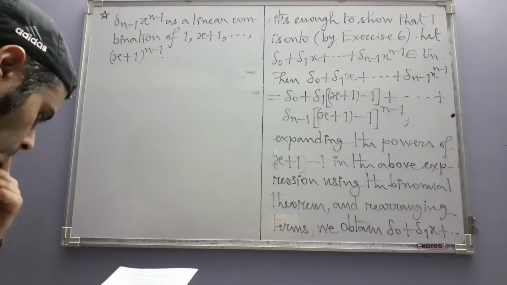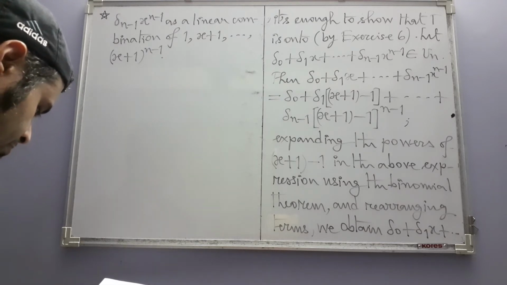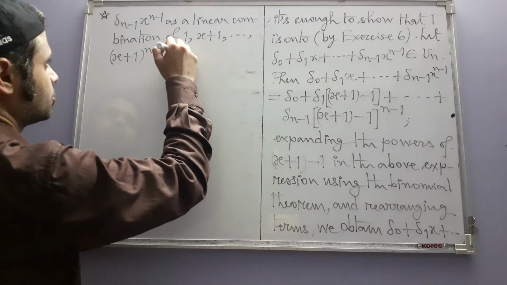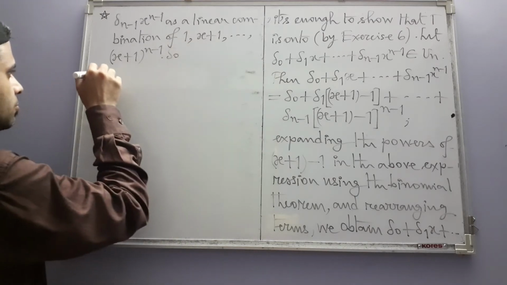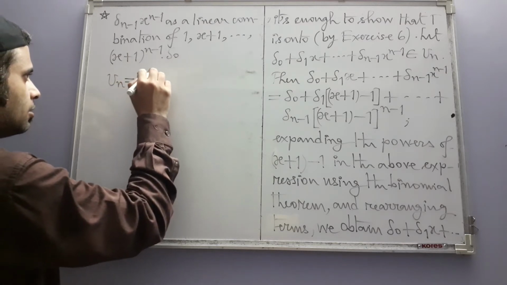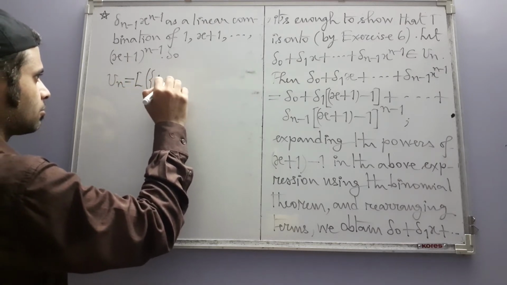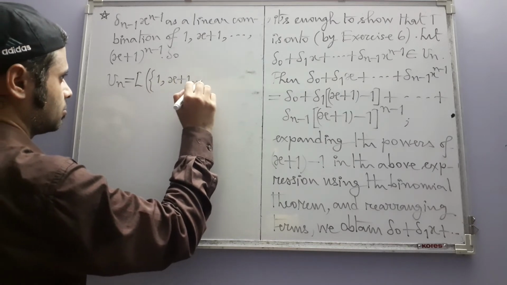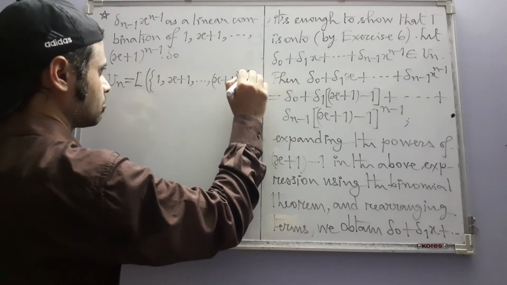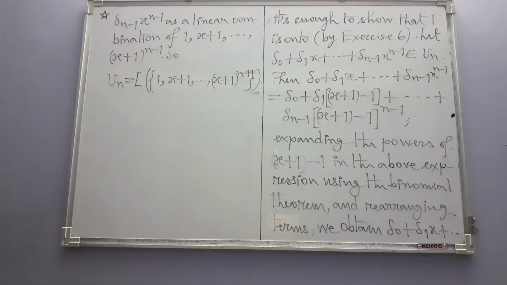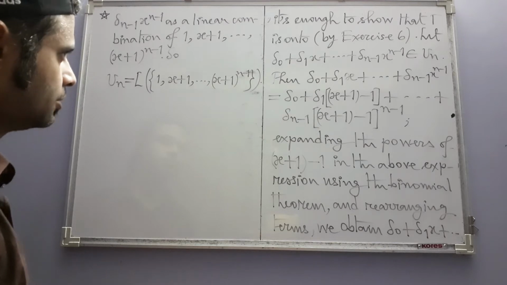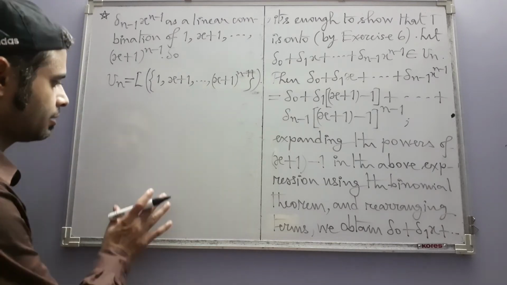That's what it means. So we want to mean this: Un is the linear span of this set, and now if you go back to the definition of the function T, you see that in fact every image